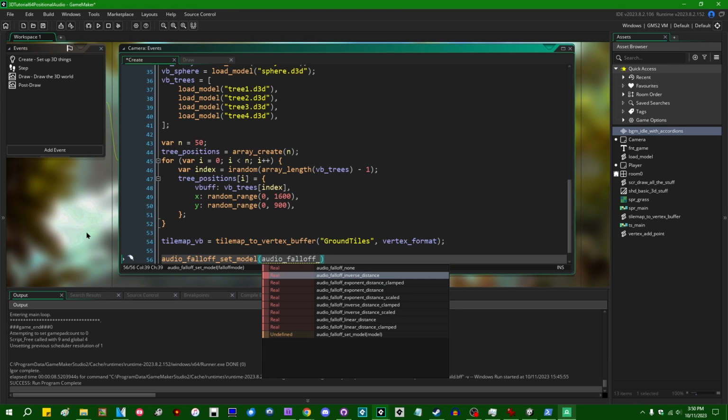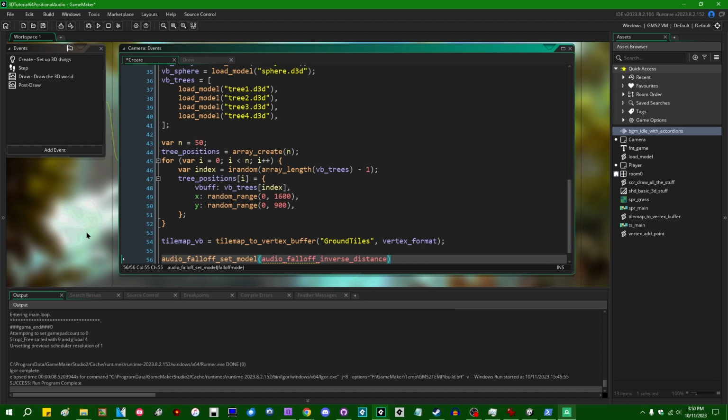And you can play around with these as you wish. I'm going to go with audio falloff inverse distance. This should be sufficient in most cases. And if you hover over the macro in GameMaker with Feather enabled, you can actually see the calculation for how the final volume is calculated with the different audio settings. You can also open it in the manual,